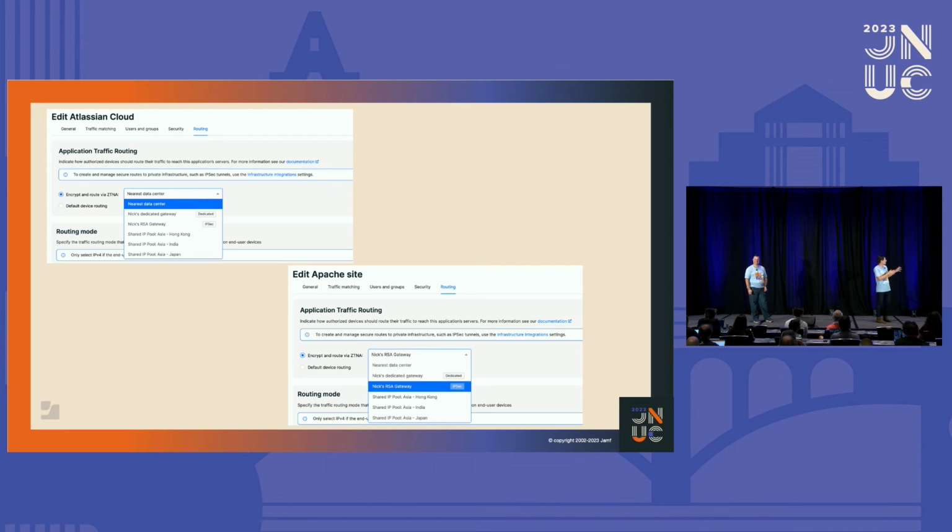So from a routing perspective, I wanted to highlight the upper left, which is more on the SaaS side: the ability to say, I want to only allow the correct users, and I want to allow devices that are safe and secure. But what if the users are traveling? Sean travels all over, as do I, to Florida, then to Canada, then to Europe. We can actually egress them out of the nearest data center, so we can still have the same security principles that we've been talking about in our keynote, but in a very